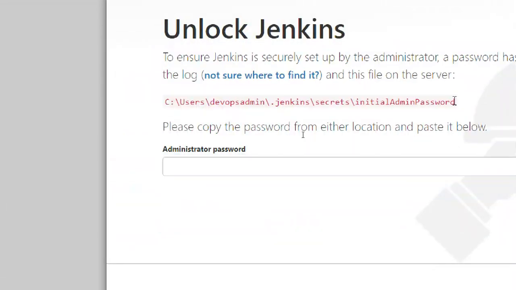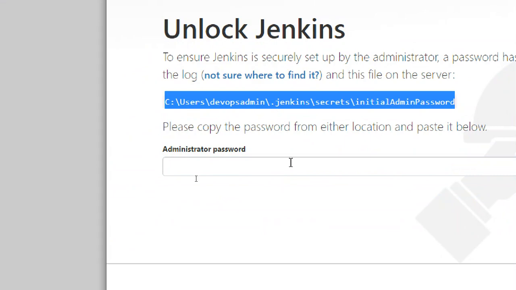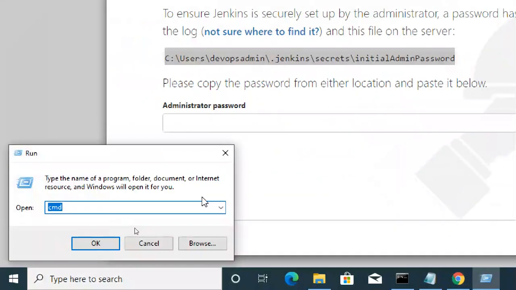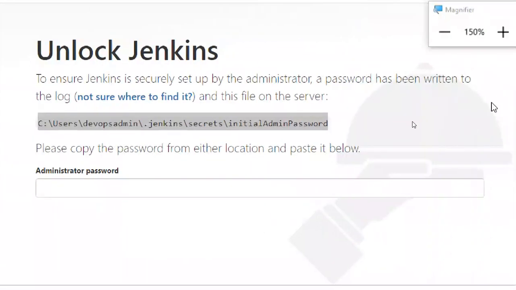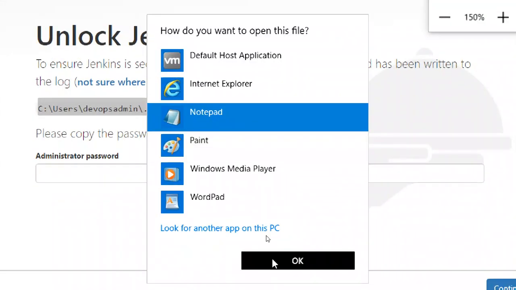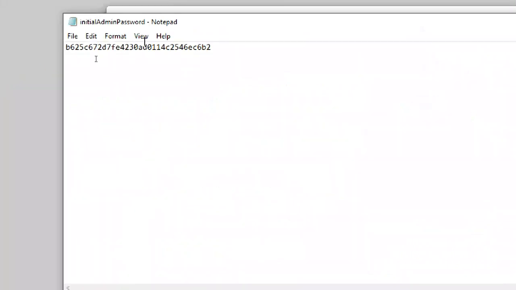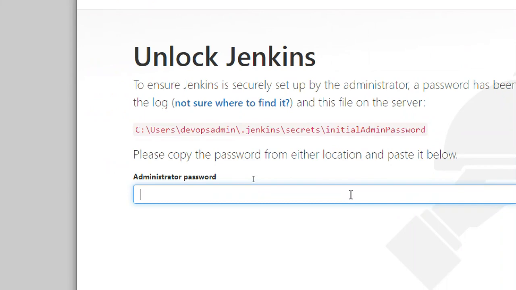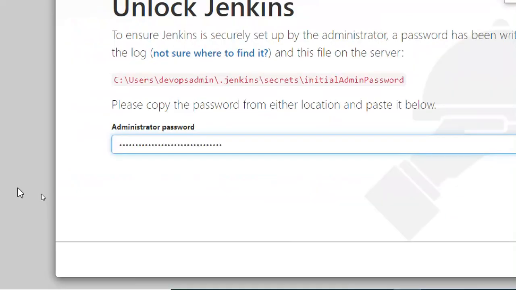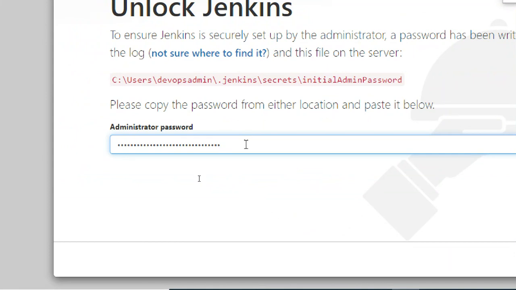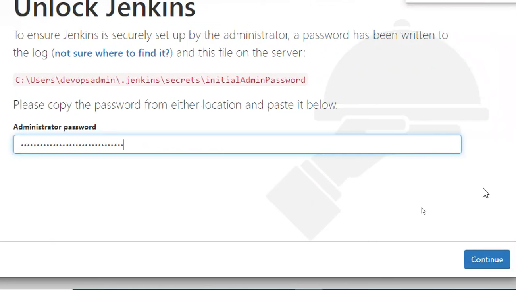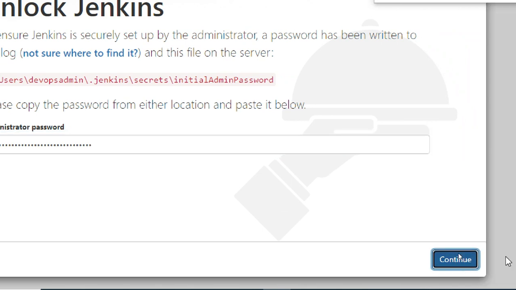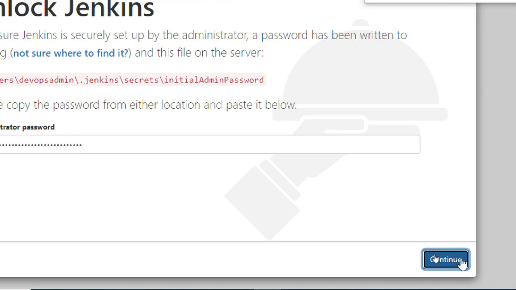So this is the location of the initial password. You can open it directly like this, copy this one and paste it here, and it will open in Notepad. Same password. I already copied this password and pasted it into my notepad. So like that you can do it. Read whatever it is showing, and save this password in some place, because in the future it is very helpful if you forget your main admin password. Continue. Click on Continue.